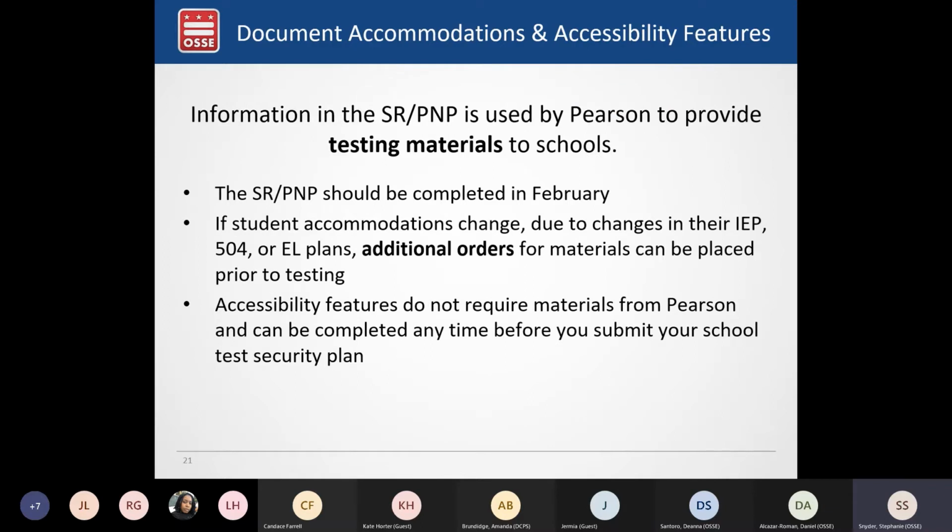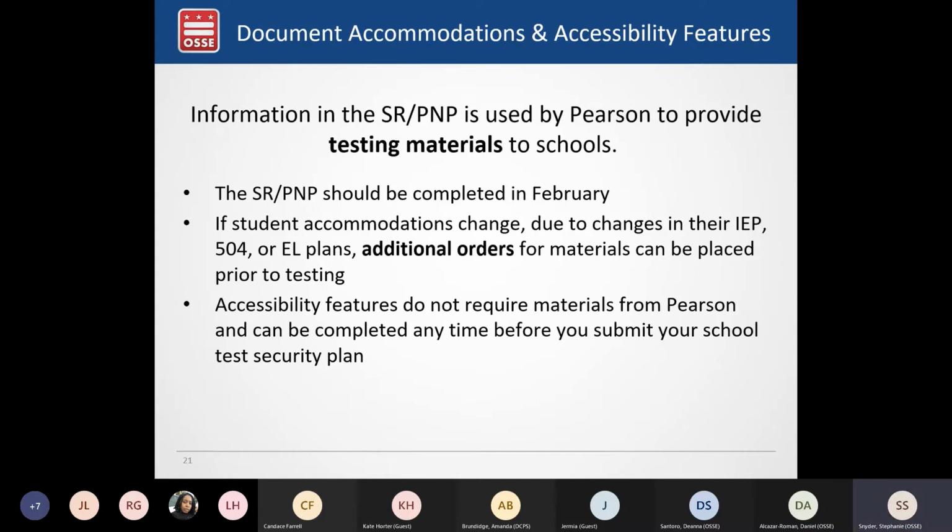A note about the importance of the SRP&P and its accuracy. The information in the SRP&P is used by Pearson to provide certain testing materials to schools. So it's important that, to the best of your ability, schools are completing that accurately for each student and doing that by the deadline, which is February 26th.